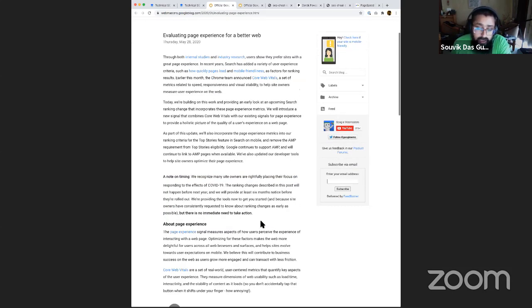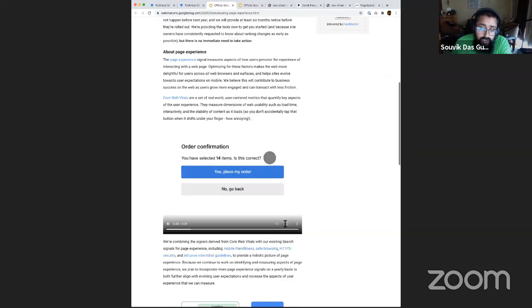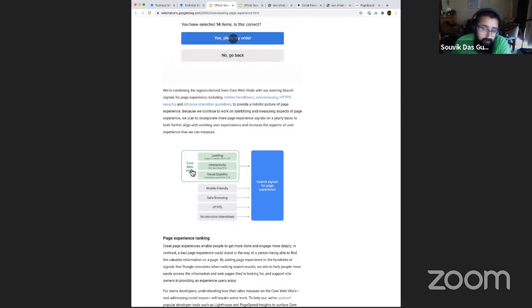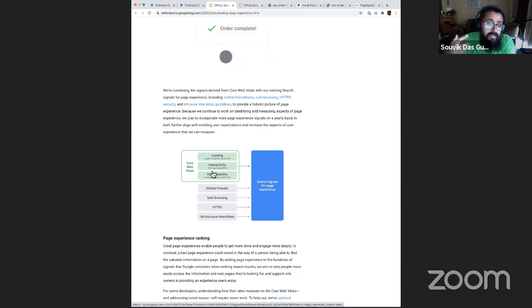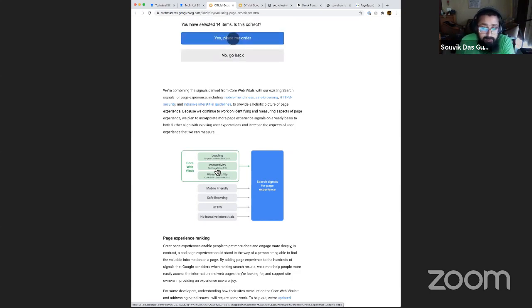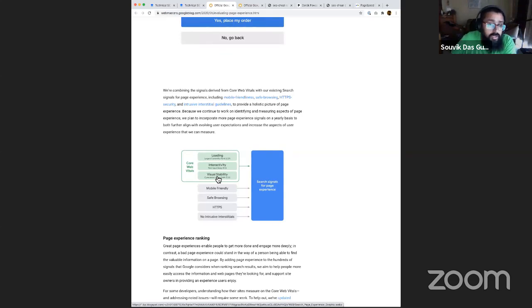And what are these? They are over here. They have started focusing on a few very core vital components, which detect how mobile friendly your site is, how quickly your website becomes interactive, how quickly your first page loads, and how much things shift in your page.